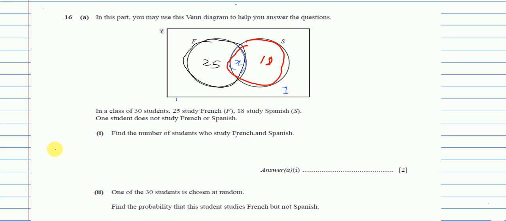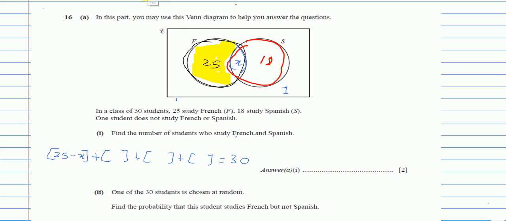So if I have 4 parts, one plus the other, one and plus the one, I have 4 parts and they all should add up to 30. My first part is 25, but out of the 25 I have to take out the x. Why? Because I am talking about just this part.